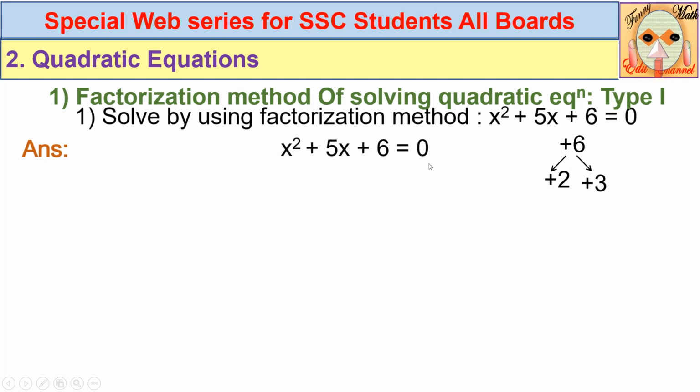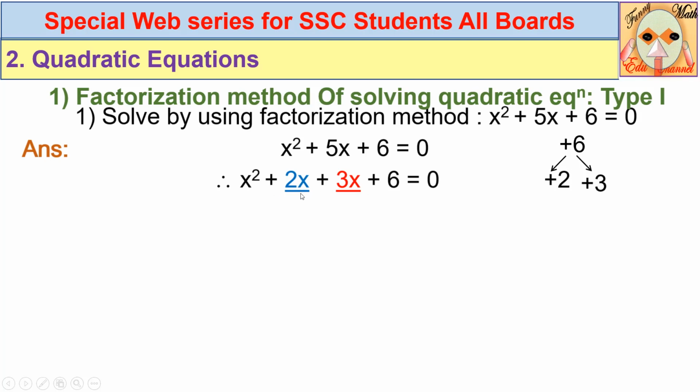So we are going to split the middle term now. This is the second step. As I have told, 6 you have split into 2 factors as 2 and 3. That is useful to write down the middle term for splitting the term. That is 5x split as 2x and 3x. You get now 4 terms on the left.